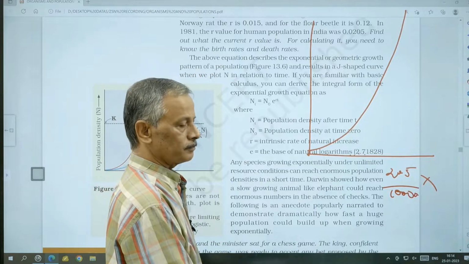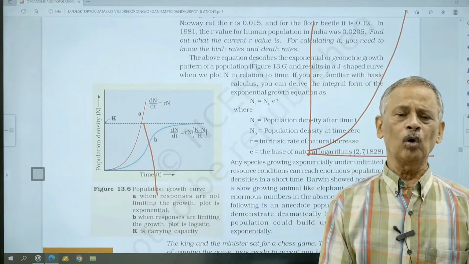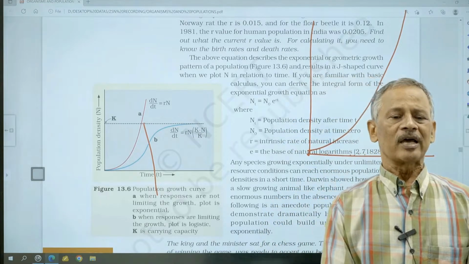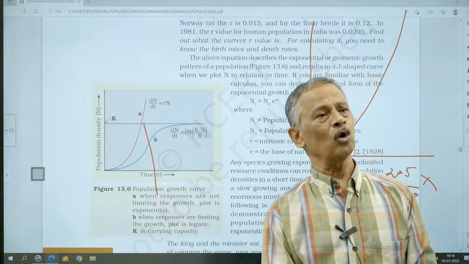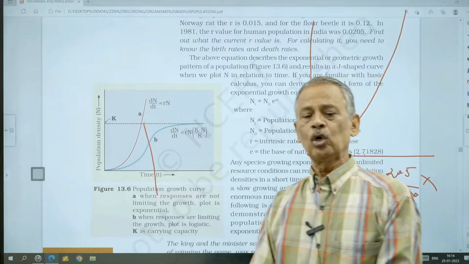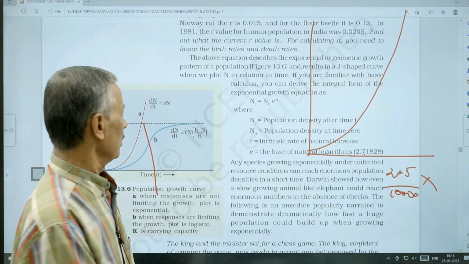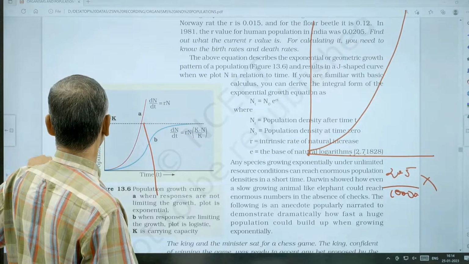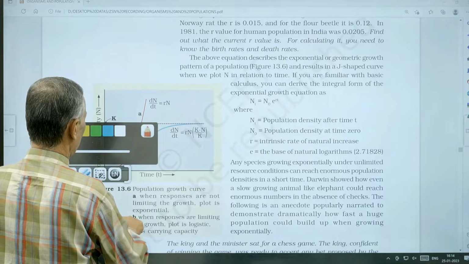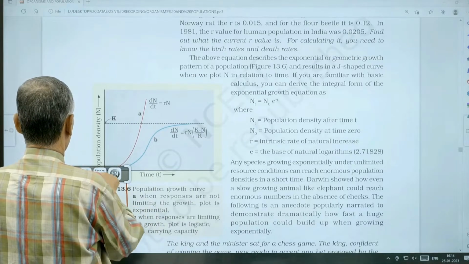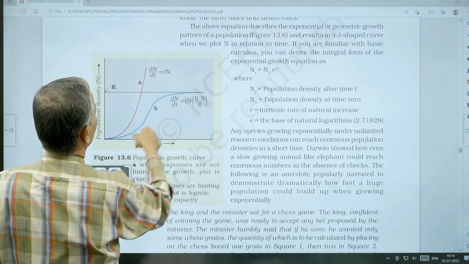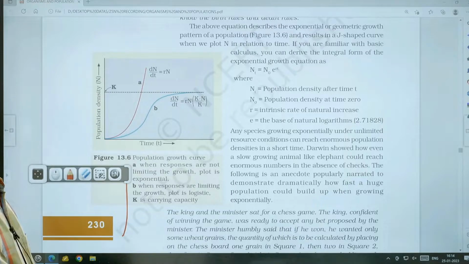But remember that this type of population growth cannot occur in nature, because in nature resources are today or tomorrow becoming limiting. No resource is aplenty. So today or tomorrow the resources become limiting. So population cannot grow in this way. They will be following a different pattern, which is growing in a sigmoid fashion. So sigmoid curve growth.